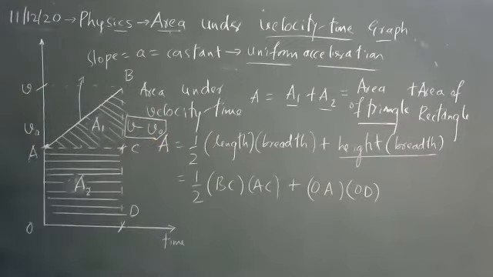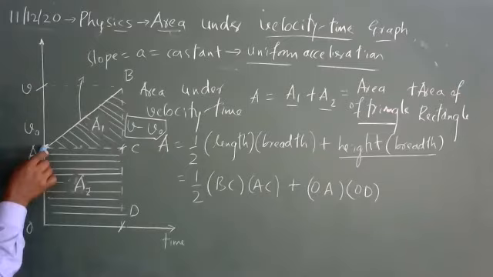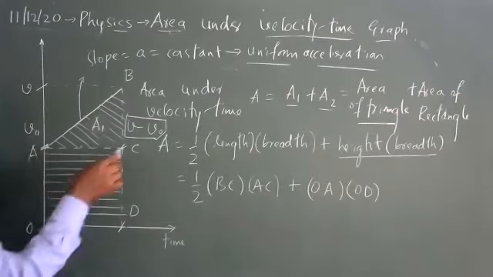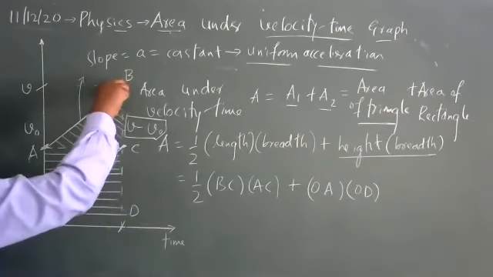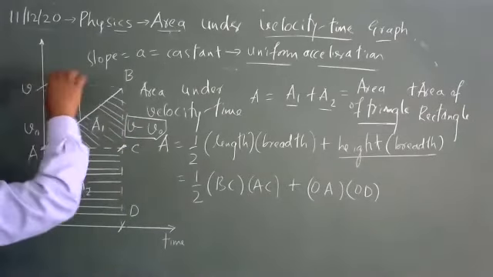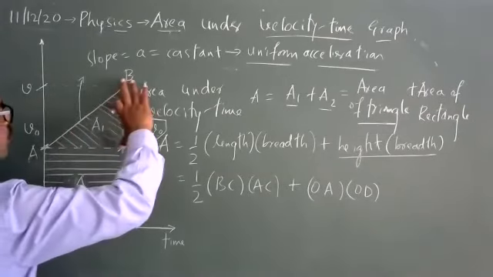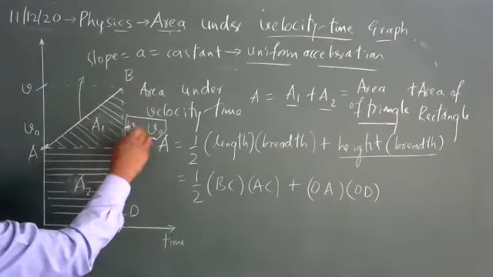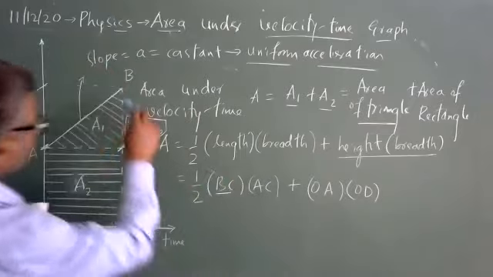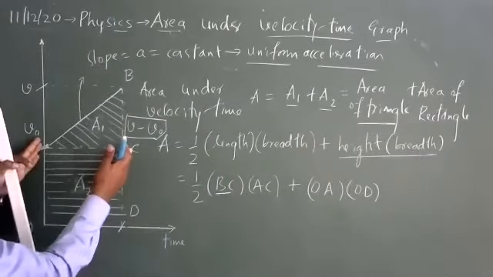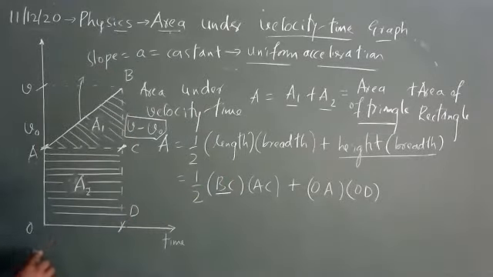Why am I taking V minus V0? If this is the initial velocity, A equal to V0 means C is also V0. Up to here it is V0. From here to here I don't know. But the B value corresponds to the final velocity. So final velocity minus initial velocity equals BC. BC is equivalent to V minus V0. I hope you can easily understand. What is BC? BC equals V minus V0. What is AC? This width equals this width. Let me write it here: OA equal to CD, which is equal to V0.